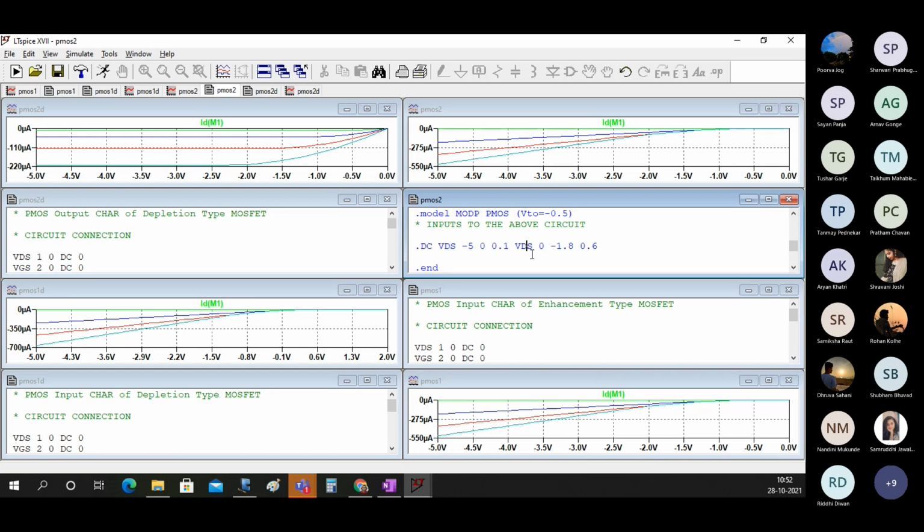So this is what you can observe very clearly. These are the four characteristics which you can get. So put this in the chat box.